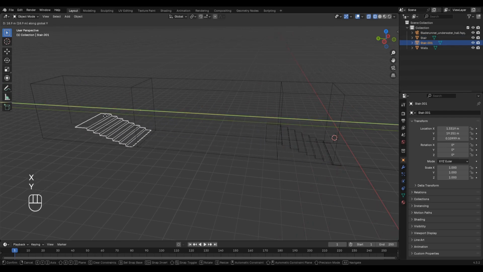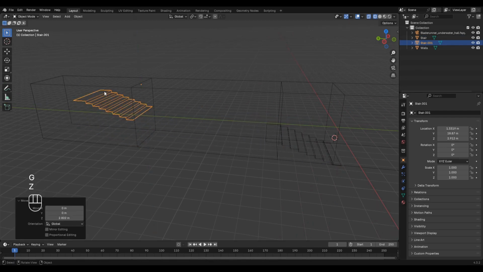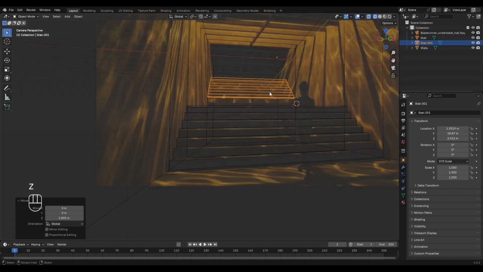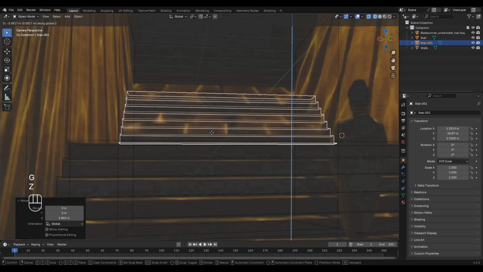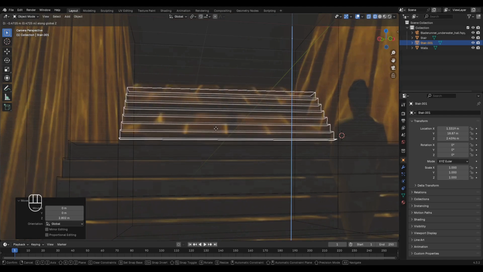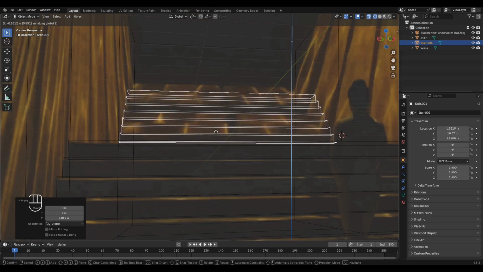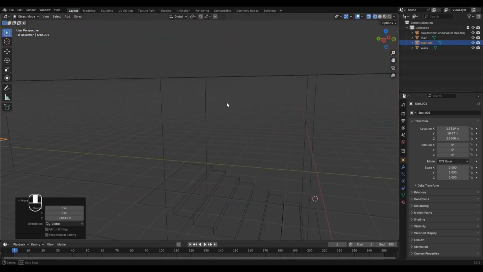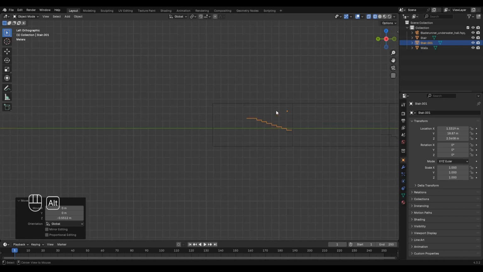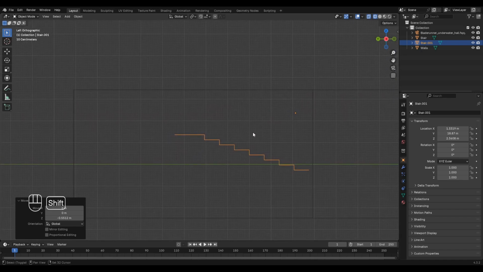Duplicate the stair and move it along the Y and Z axes. Return to the camera view and adjust Z position. In the edit mode, duplicate the stair again and set the position as shown on the screen.